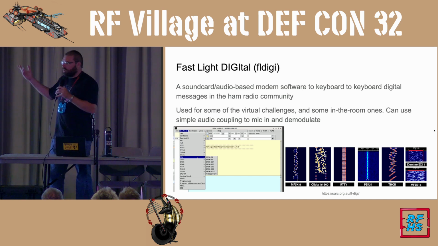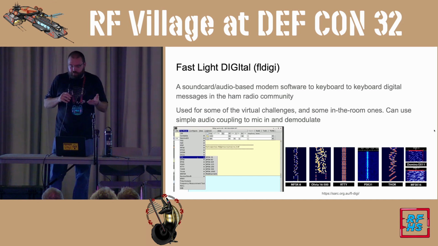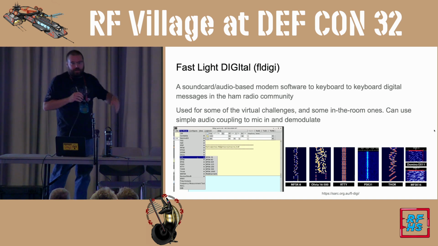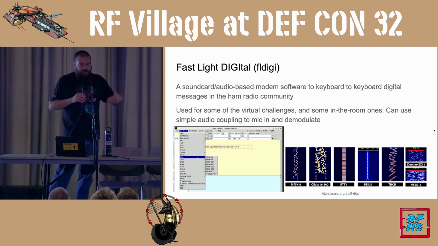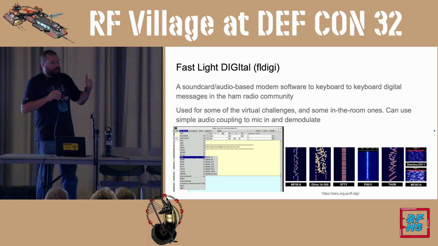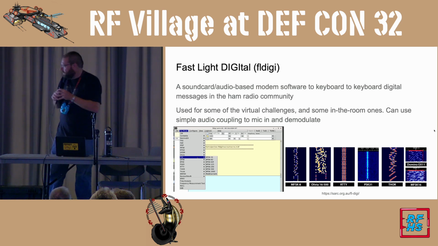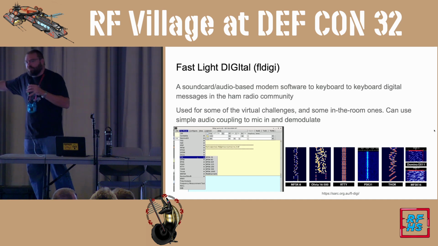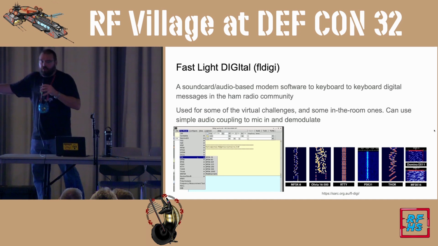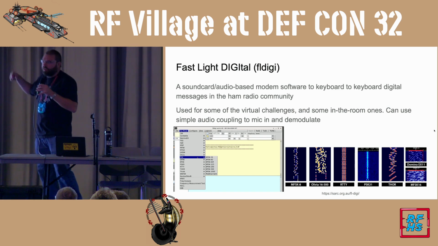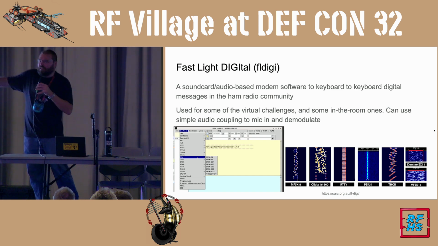And you can basically use just simple audio coupling. So just the microphone on your laptop could be hearing you play out the audio from the flag. That's really how I got my start with this: okay, here it is, play it, and then record it, and then, oh, look, there the flag is. So once you can compare, if you say, here's what the signal kind of looks like, let me start going down the list playing with certain things, can I get that flag to fall out? So this is a very good audio to text. You're going to see the text of the flag right there in the yellow screen.